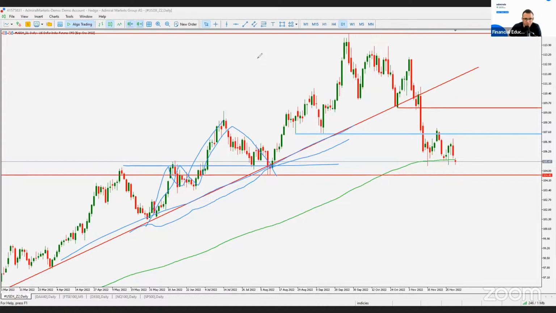We did say that temporarily they can act as support, but to trade trend reversals, we have to see a close above this neckline here. We said yesterday that temporarily we can see some push to the upside, but we stated clearly that we are in a downtrend. At this time, Powell talked about interest rates